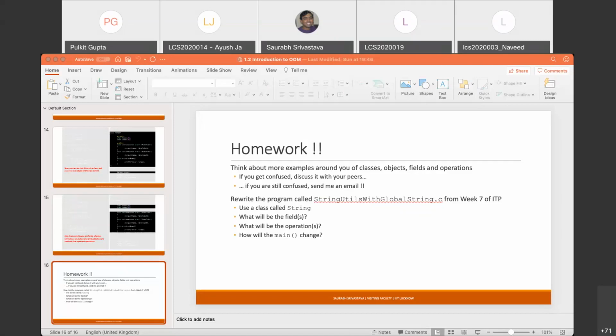So basically, see, the issue is, I am not disallowing all the modifications to the fields. If I did that, then how would I even do any computation? The idea of providing this indirect access to member variables or fields is that you can do a lot of checks within the method.